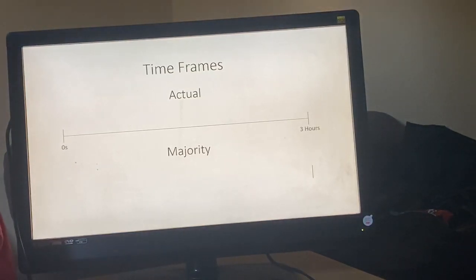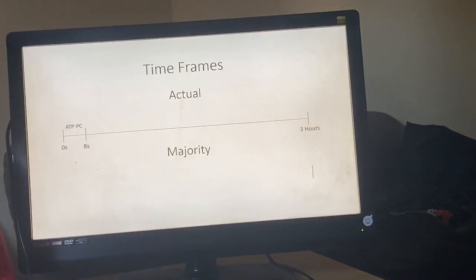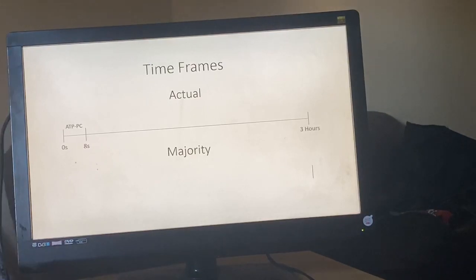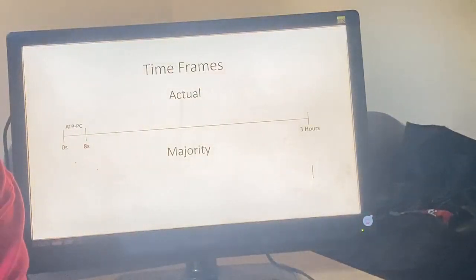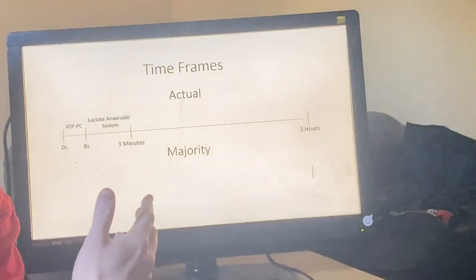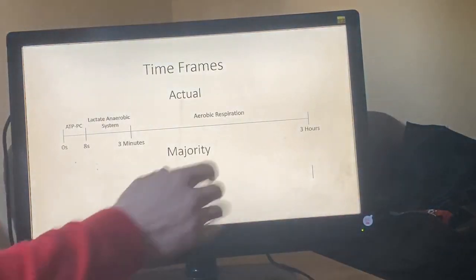Once that's broken down, it needs to be resynthesized. So first of all, if we're sprinting for as fast as possible, we are going to use the ATP-PC system. That's going to be our fastest breakdown of energy in order to resynthesize ATP. That only lasts 8 seconds though, so after that, I'm then going to use my lactate anaerobic system. Remember, that can last up to 3 minutes, and then kind of anything after that is going to run into